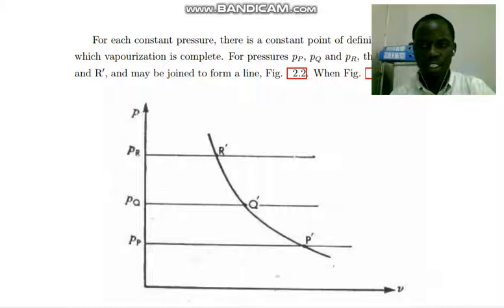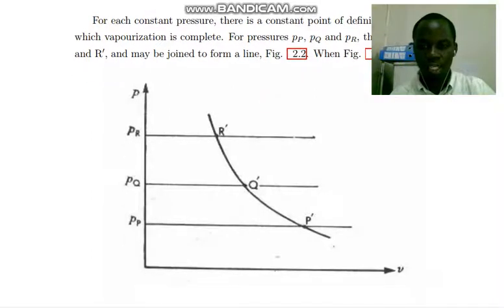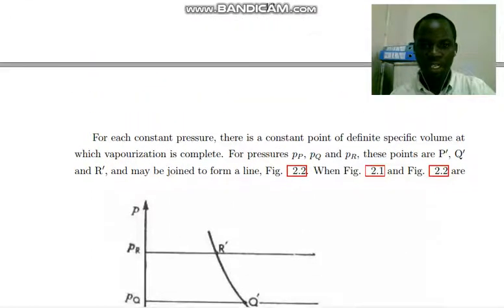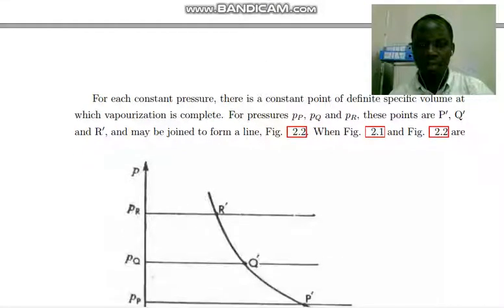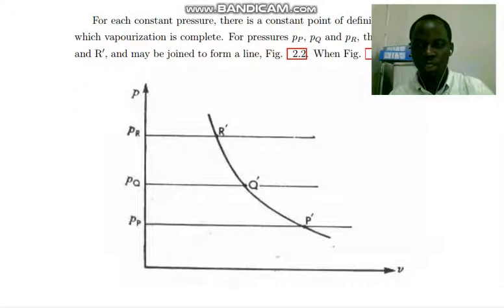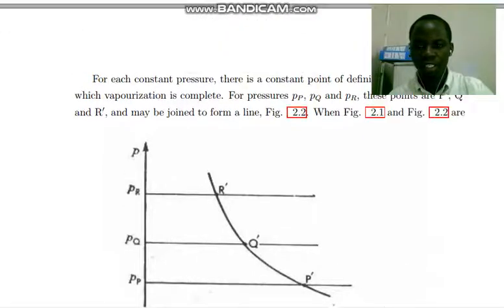We are still investigating the pressure volume diagram. In the pressure volume diagram, for each constant pressure there is a constant point of definite specific volume at which vaporization is complete. For pressures PP, PQ and PR, these points are P prime, Q prime and R prime, and may be joined to form a line, as seen in figure 2.2, called the vapor line, which relates the pressure and the volume. You can see it's a curve